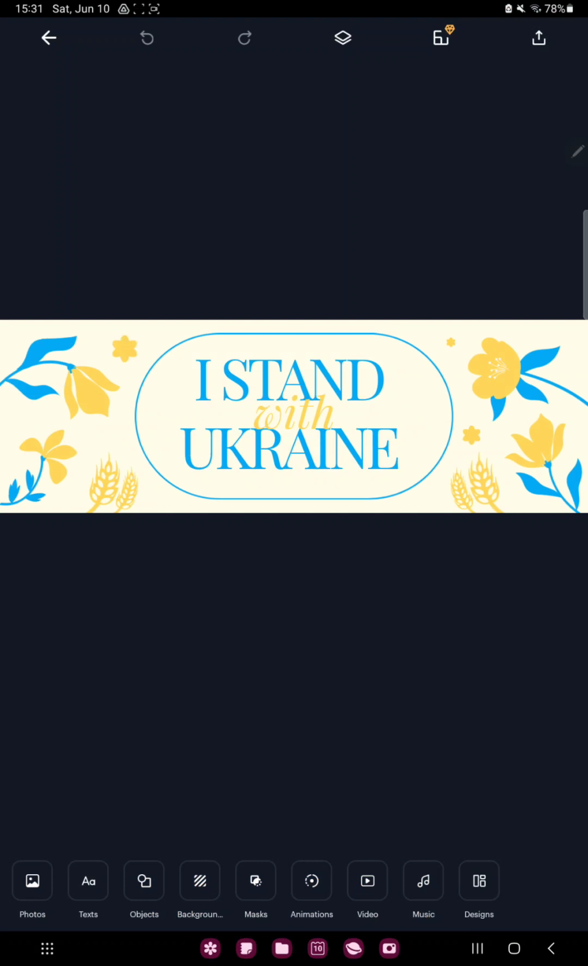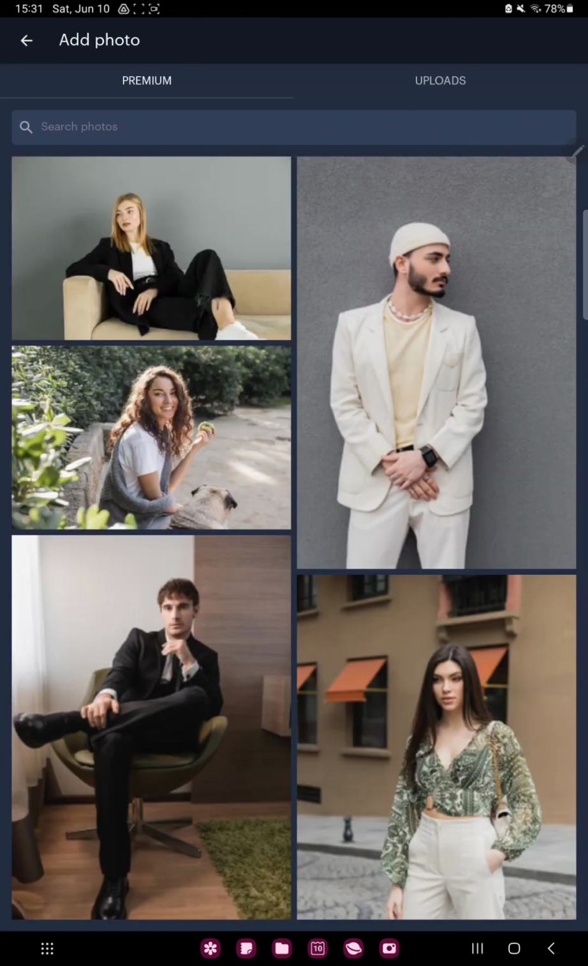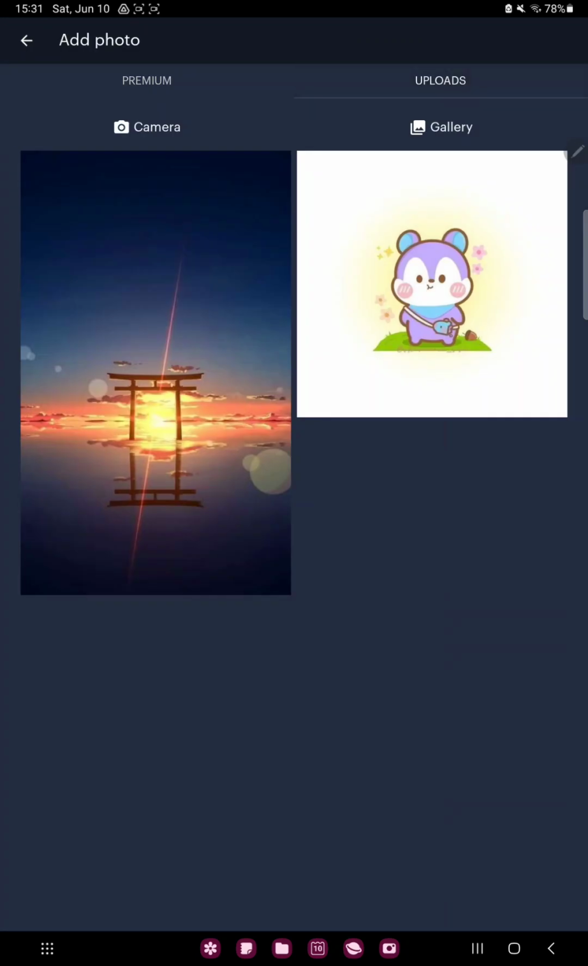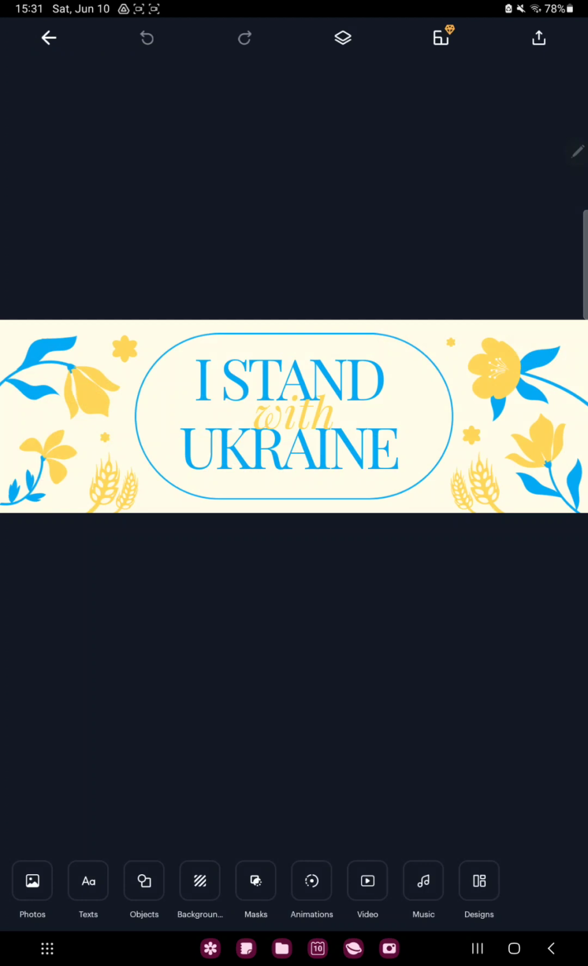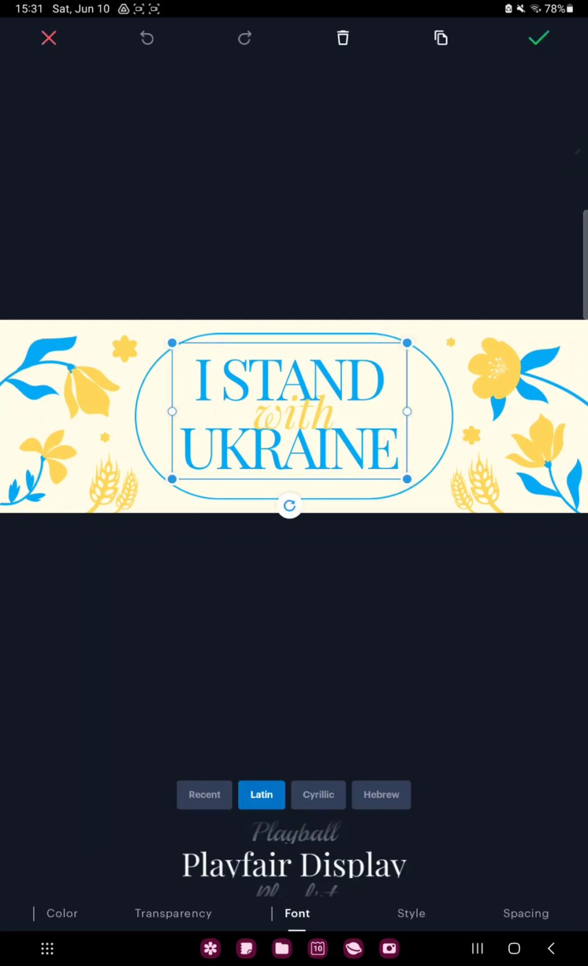button. If you want to add pictures to your project, click the photos button at the lower left corner of the screen, and here you can search images or upload from your device. If you want to change the text, click the text box. You can delete and